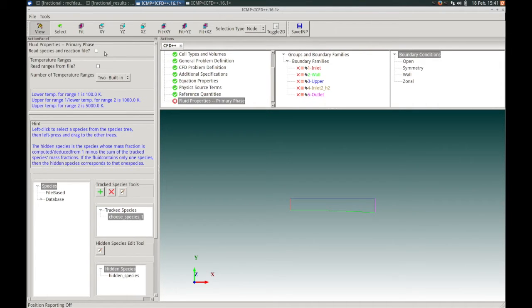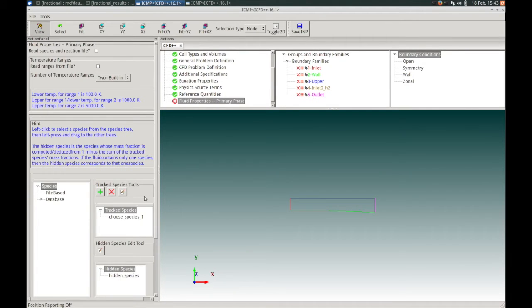If desired, you can choose to import the information from an existing species and reactions file. There's a species and reactions file named reactions.rea that's located in the tutorial solution directory for your convenience. For this example, we'll keep this option unchecked and we will walk through the setup of all the species and at least a few of the chemical reactions. The next option asks us for the number of temperature ranges to use for the species properties curve fits. We will keep the default setting of 2.